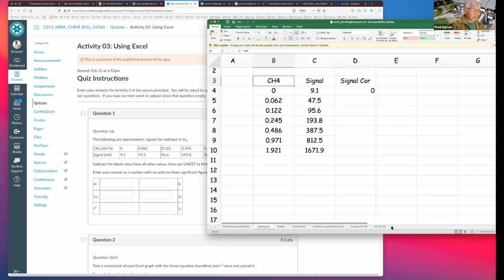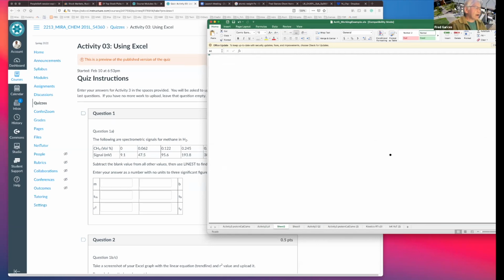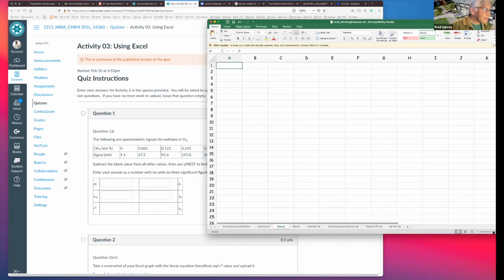Okay, let me go ahead and just get a blank slate. I'm going to increase the size of that. I'm going to put CH4 right here, and I'm going to put signal right here. And then I'm just going to put in the values: 0.062, 1.122,